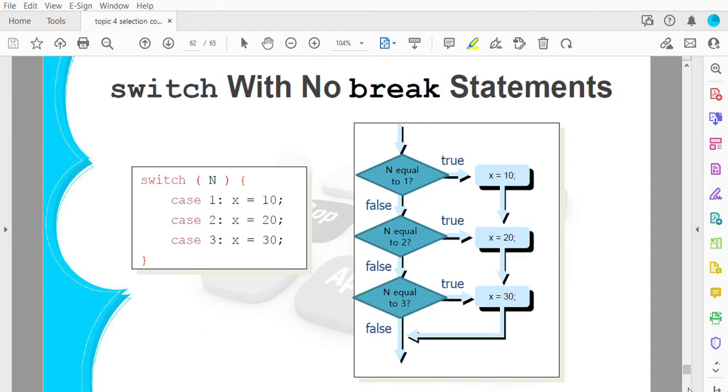Switch with no break statement. We want to see what is the difference between switch with break statement and switch with no break statement. If no break statement, so if switch and case 1 x equals 10, case 2 x equals 20, case 3 x equals 30. If you look into the flow chart here, it will look like this. There are 3 diamonds here because there are 3 cases. If it's true, x equals 10, true x equals 20, true x equals 30. If you look into the arrow here,